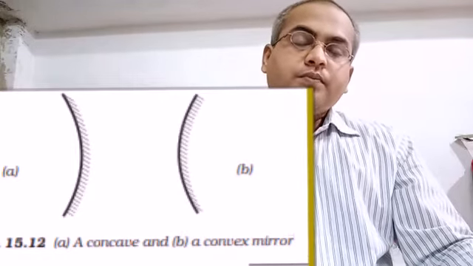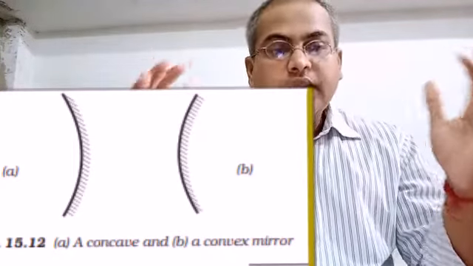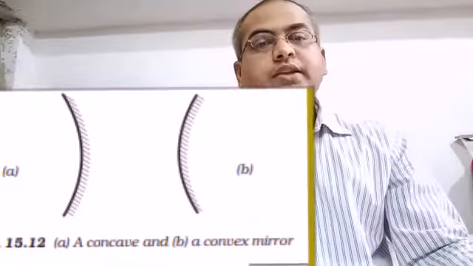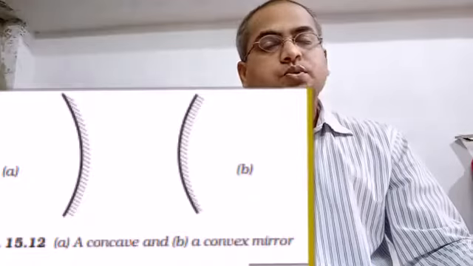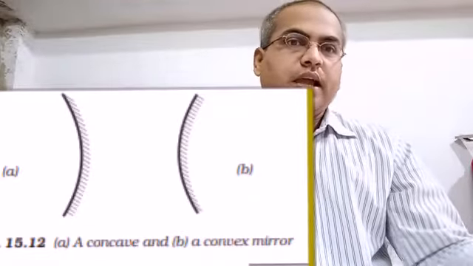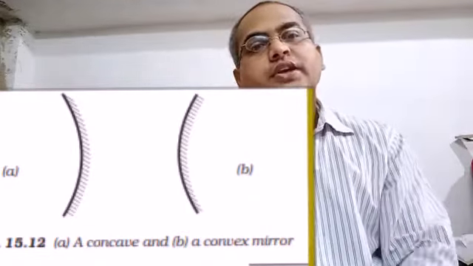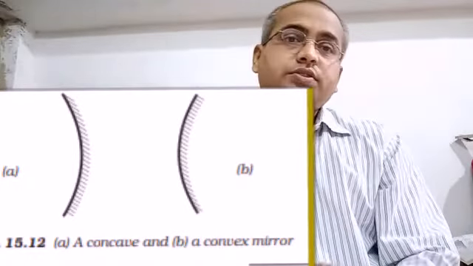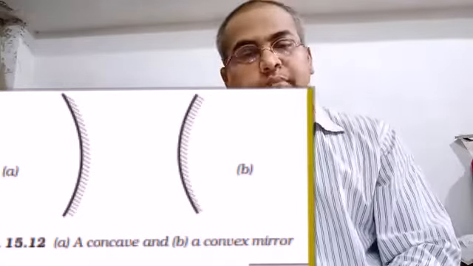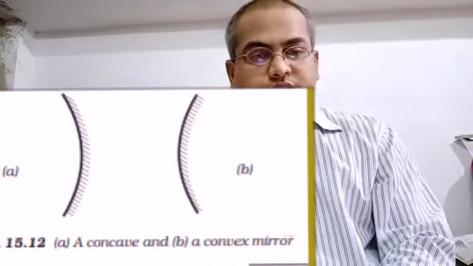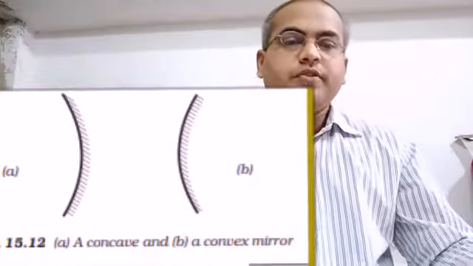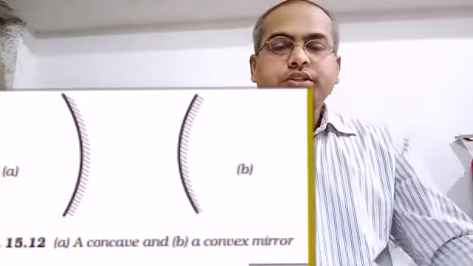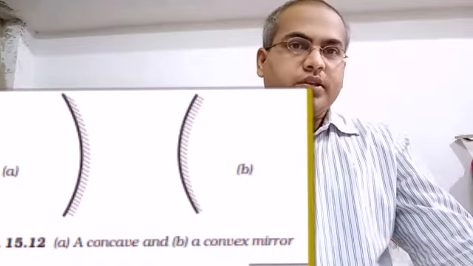Okay. Now here we have to understand that the curved shining surface of the spoon acts as a mirror. As I told you already, any shiny polished surface acts as a mirror. So here the curved surface of the spoon acts as a mirror. And the most common example of a curved mirror is the spherical mirror. And today we are going to discuss the spherical mirrors.